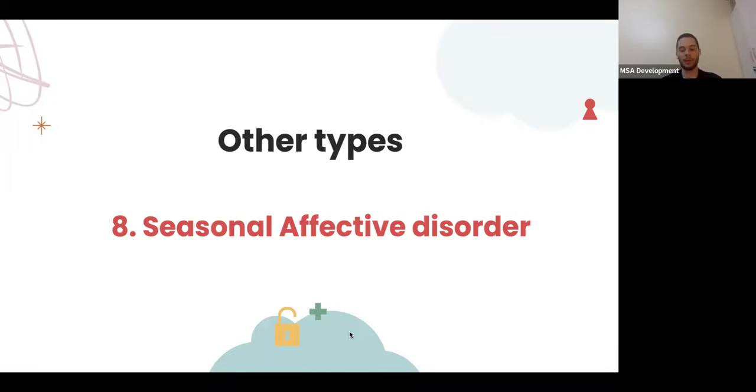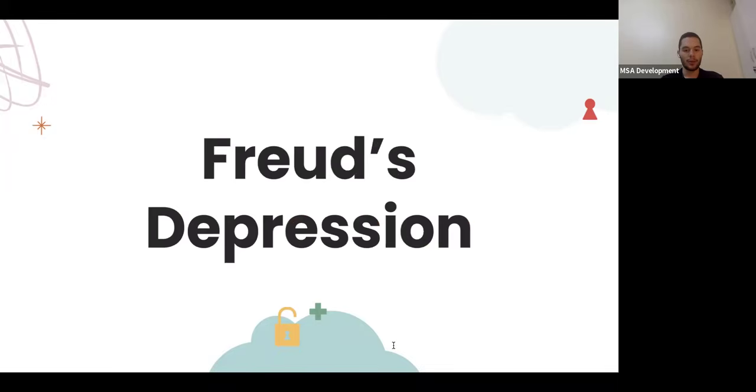How would you treat them? Light therapy. One final thing is Freud's depression. What did Sigmund Freud say about depression? What is his ideology on depression? What is depression to Freud? He said, remember this, Freud's depression is anger or depression turned inward. The example in this slide,